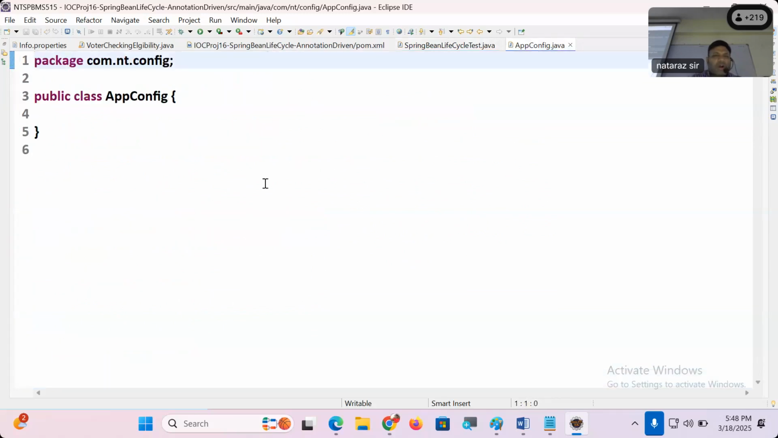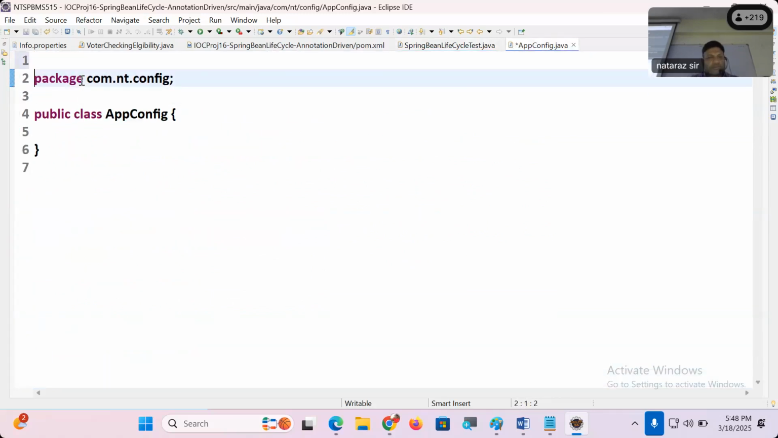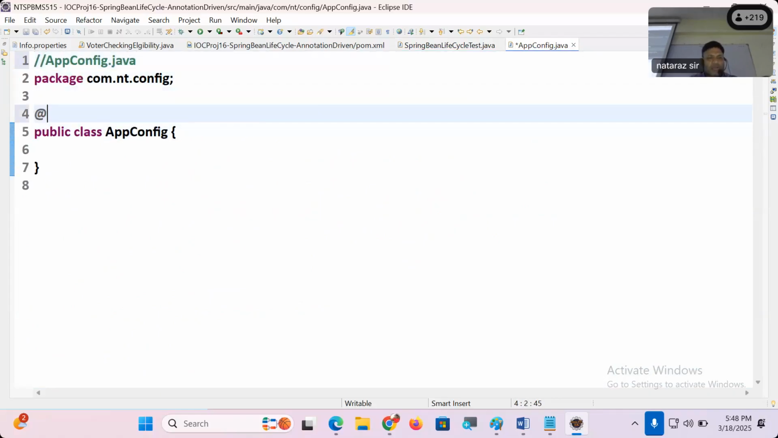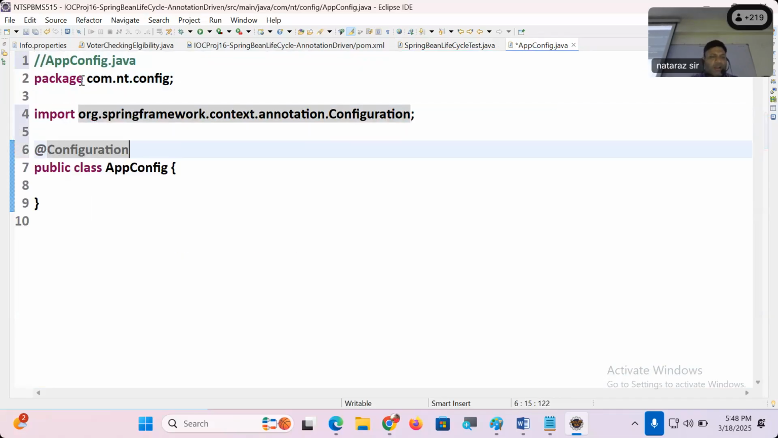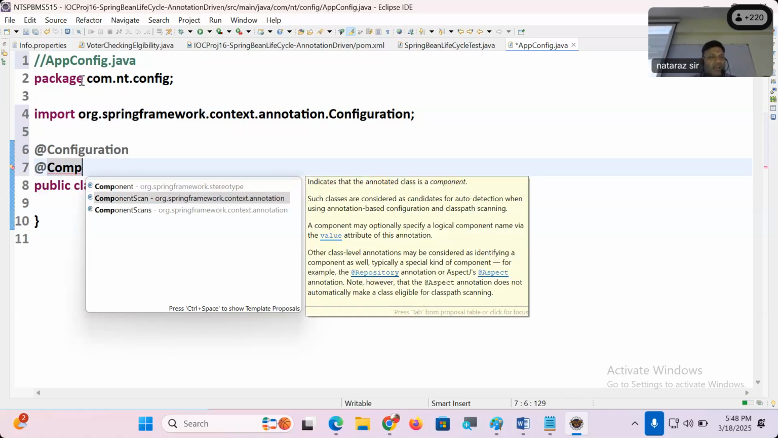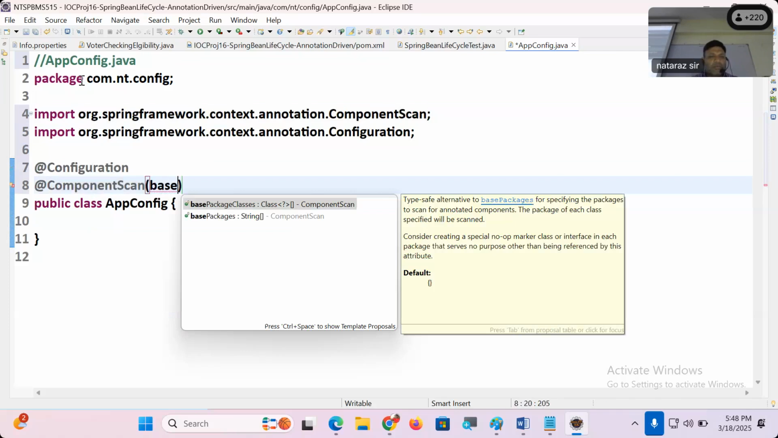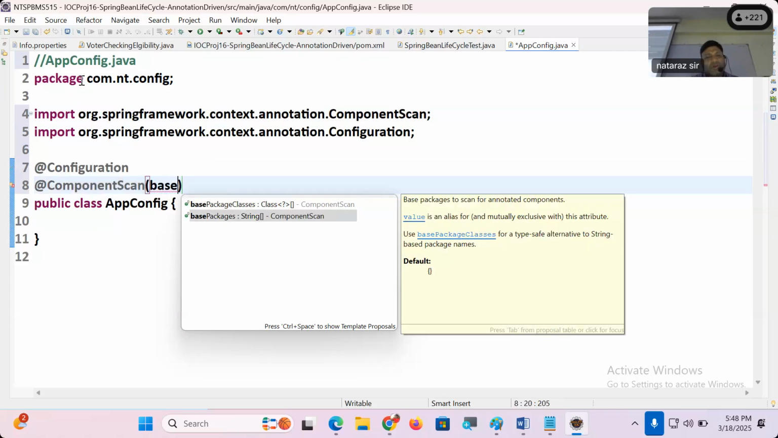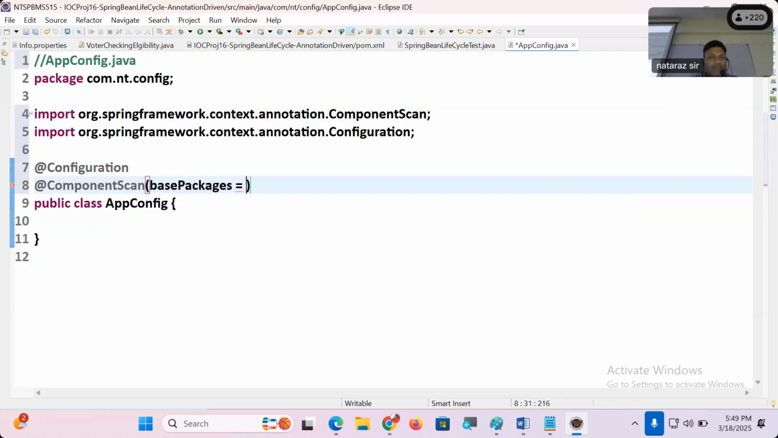Now, app config dot class. Here is my app config dot Java. Tell me, what is this? At the rate configuration. I have to add at the rate component scan. What is there? Base package. Base package is equal to